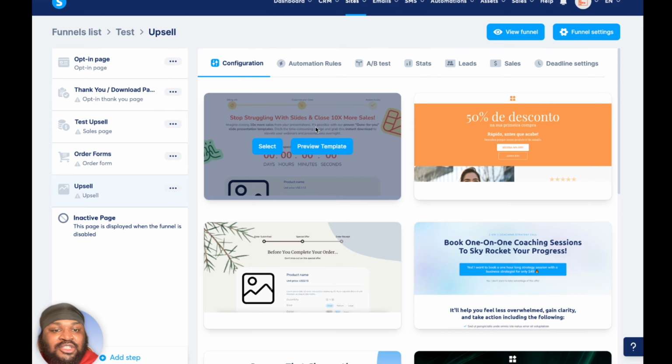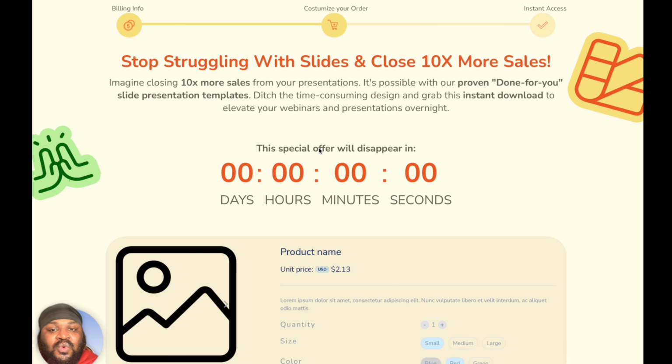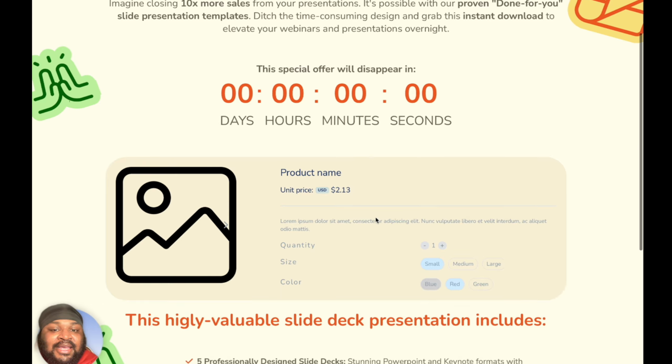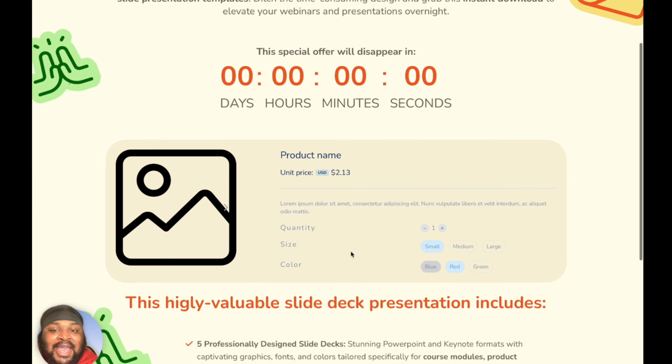So as you can see, this is one of my favorite ones. We'll take a bigger look at it. It's one of my favorite ones because it does allow you to enter in a countdown timer. When you go somewhere and you're on the site, it says this deal only lasts for the next 5 minutes, and it causes your potential customer to have it in their mind: oh my goodness, this is such a scarce deal. This is such a deal that I cannot afford to miss. Let me go ahead and get it. And you upsell them. You make them add something else